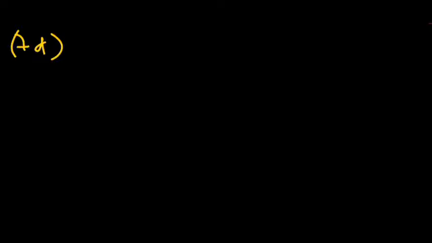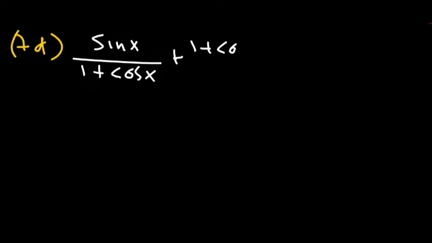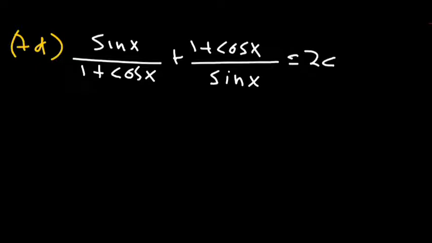So question 7D, we've been given to prove this identity, which is sine x divided by 1 plus cos x plus 1 plus cos x divided by sine x, and this is equal to 2 cosecant x. So my best advice that I can give you guys when you're dealing with these kind of questions, you